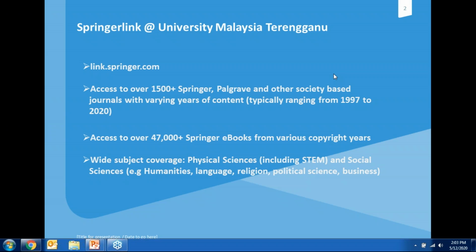So today, this will be a platform training for the Springerlink platform for you, the users of University Malaysia Terengganu. I'm Ken Diap, the licensing manager for Malaysia and Brunei, and my responsibilities are basically working with librarians to ensure end users like yourself, researchers, students, and lecturers, get what you need to do what you do best, which is either conducting research, writing your manuscripts, or doing literature reviews.